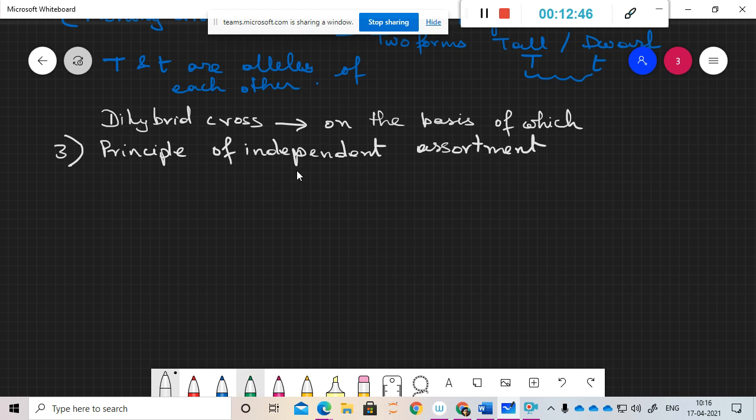And what is this principle of independent assortment? He used two characters. One was yellow, round, the other was green, wrinkled. So pea pods